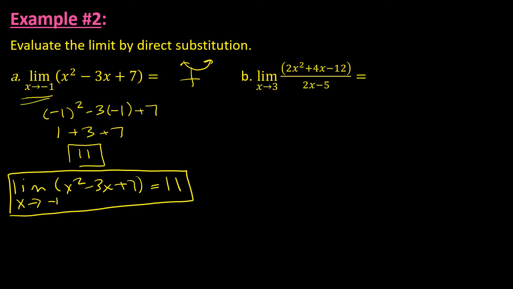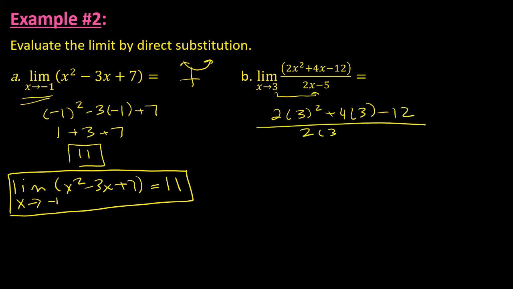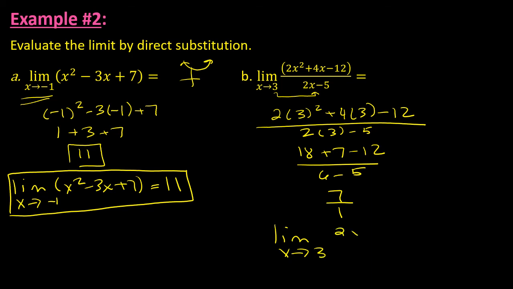All right, b is a rational function, so I definitely need to make sure if I plug 3 into the denominator, do I get 0? No, I don't. So that's a good thing. So now I can simply substitute 3 in. So 2 times 3 squared plus 4 times 3 minus 12 all over 2 times 3 minus 5. And 19 minus 12, so we get 7 over 1. So the limit as x approaches 3 of this function, 2x squared plus 4x minus 12 all over 2x minus 5 is,